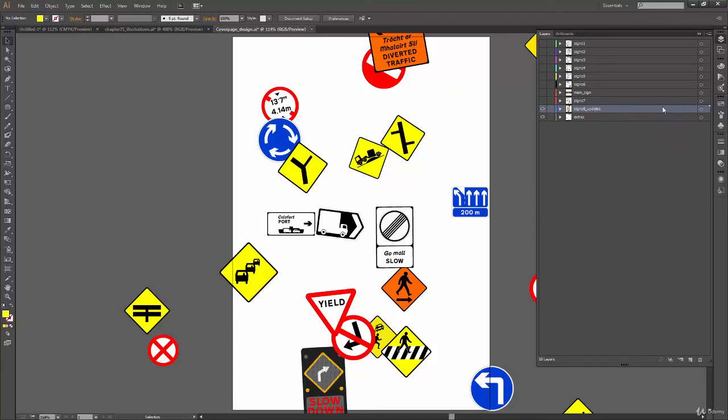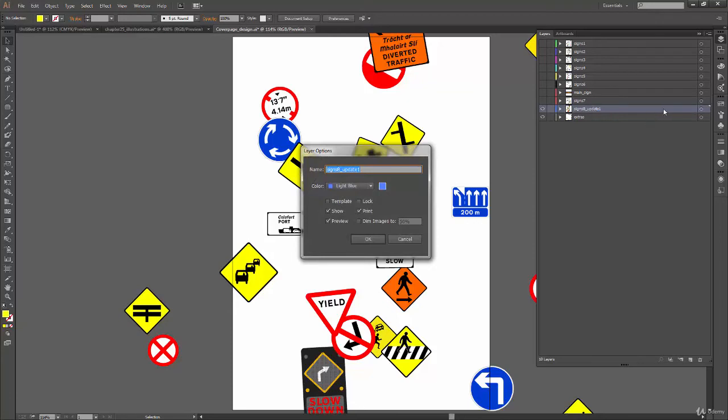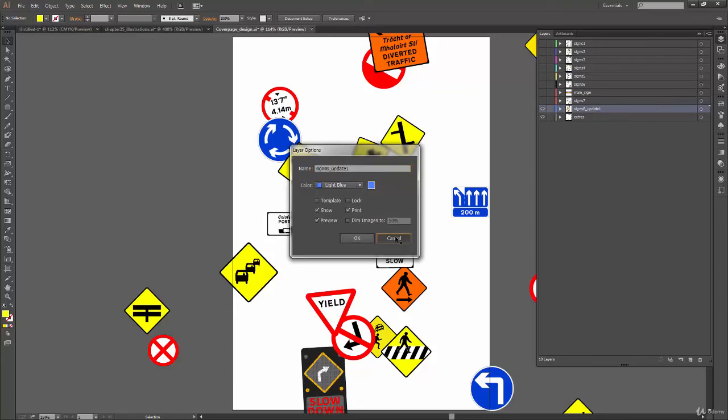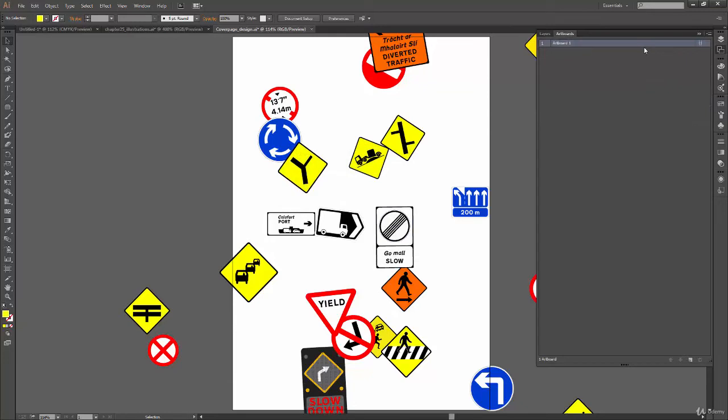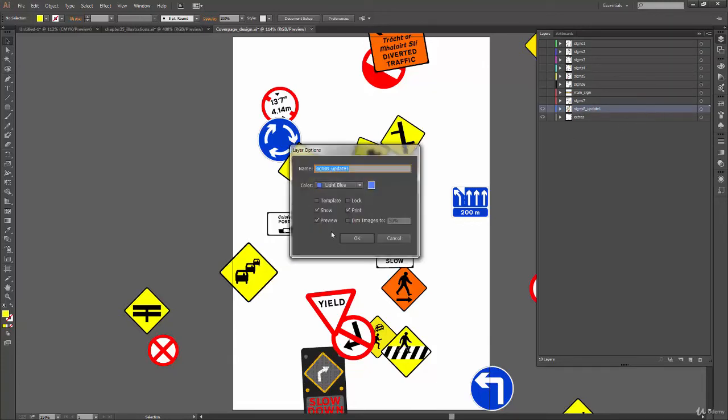And if you double click on this empty space, then you get this layer options, just like our artboard options, I think. When I double click on this, no, it just zooms to that particular artboard. But in layers, if you double click on empty space, it will give you layer options.